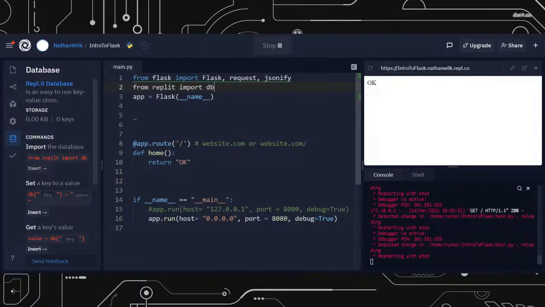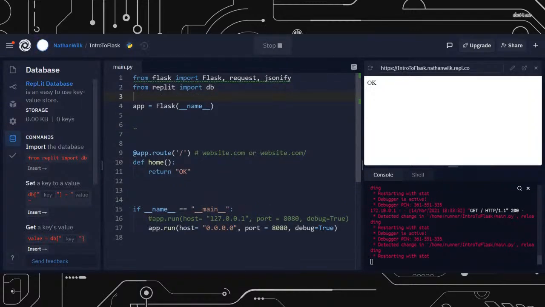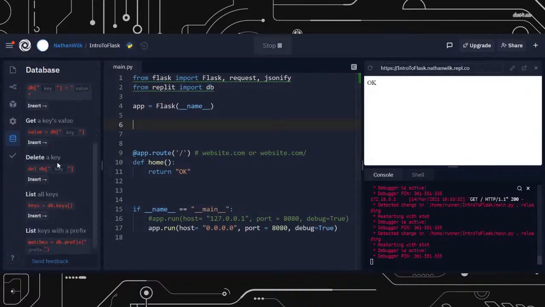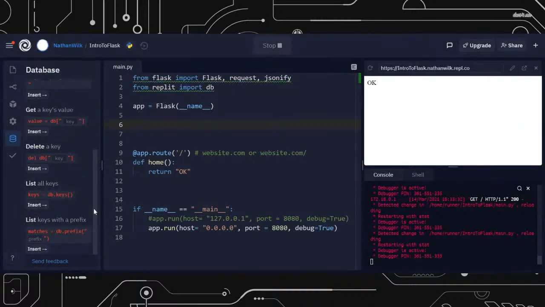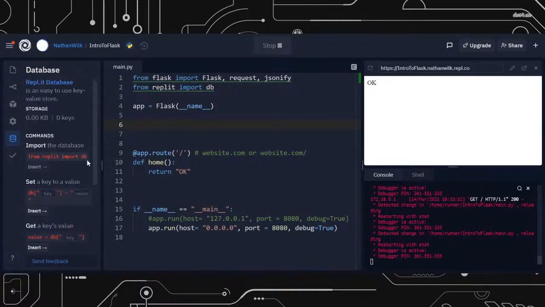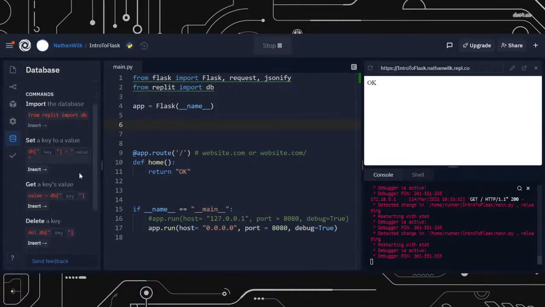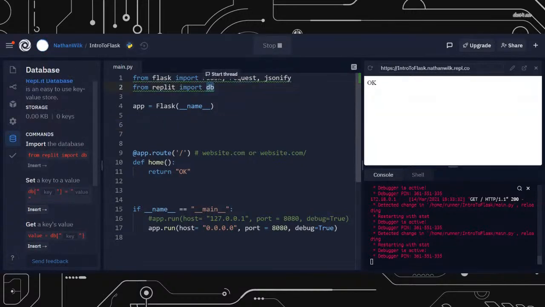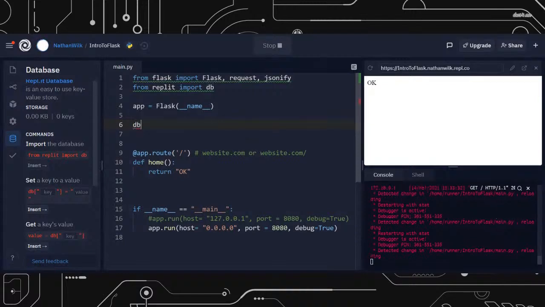Let's put this on the top. So it says from Replit import DB, which is short for database. They have some dummy methods over here for setting a key to a value, getting the key value, deleting a key, listing out keys, getting keys with a prefix, and so on. So if we were to use DB anywhere in our code,